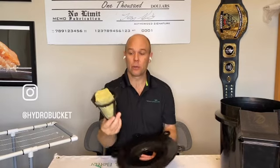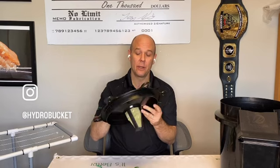Perhaps you are starting from seed. I've been showing growers how to do a rock wool start like this, but not everybody's comfortable with rock wool in a big chunk like this in the deep water culture environment, and it does have potential to cause problems. I've had some great success in previous grows with this style in the Hydrolid, but I'm also experiencing some issues right now, which has me scratching my head. So while it does work, it's an option. If you do not want to use that,